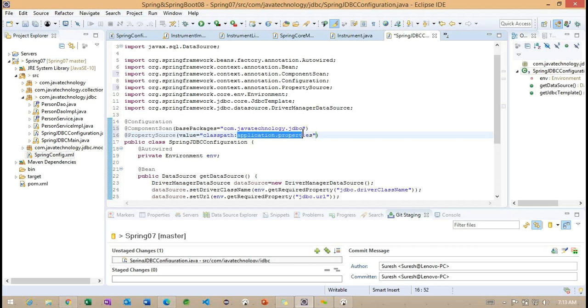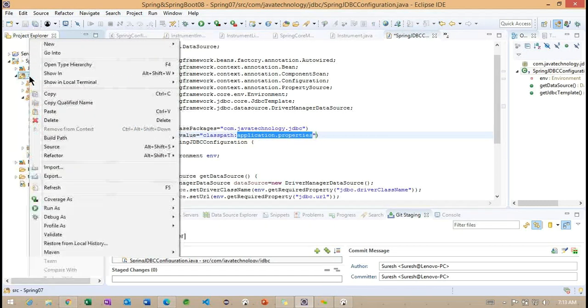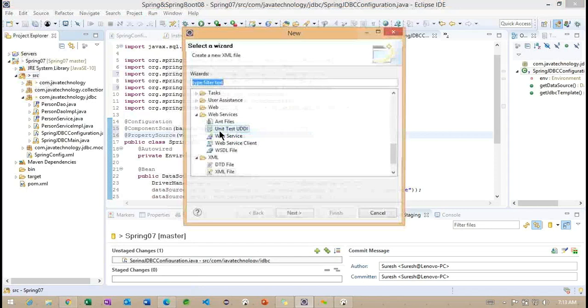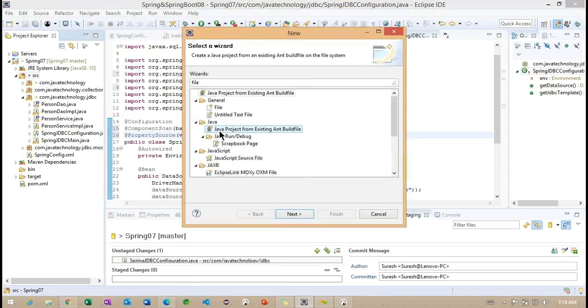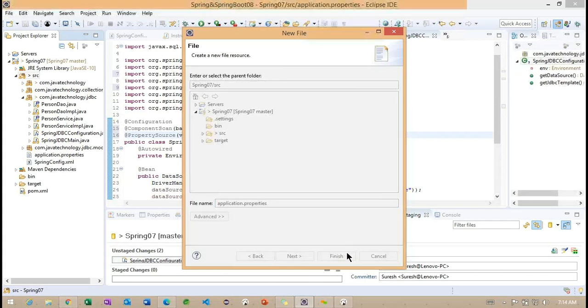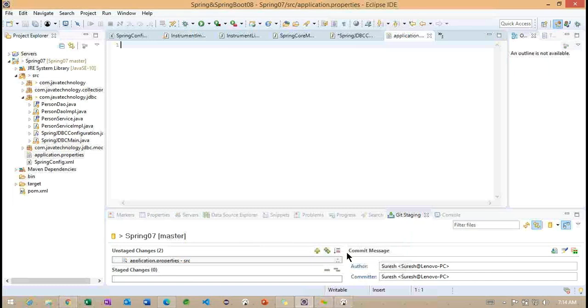As of now, we don't have this application.properties, so let me create it. So we have created the application.properties.